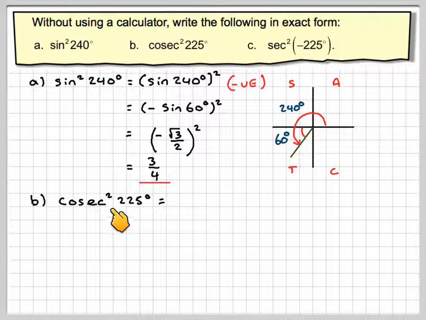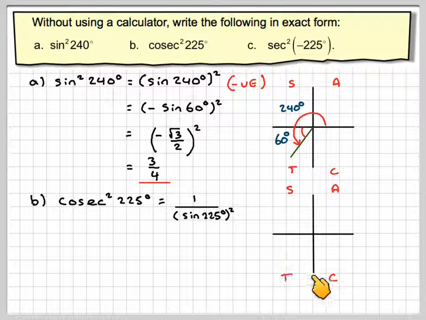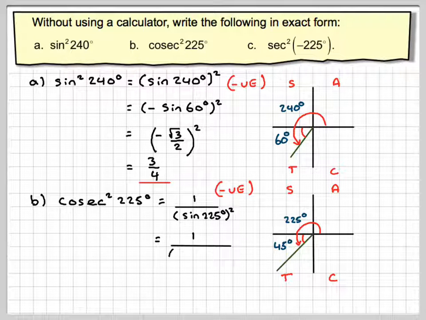B. Cosec squared of 225 degrees is going to be what? Cosec is 1 over sine, so it's going to be 1 over sine of 225 degrees, all squared. Notice how I've written it now. South Asian Tennis Club, 225 is going to be here again in the third quadrant. Sine is negative, so this is going to be equivalent to 45. That's 225 minus 180. So this is negative, so I need to do 1 over, in my brackets, minus sine